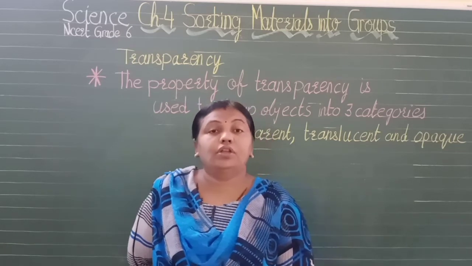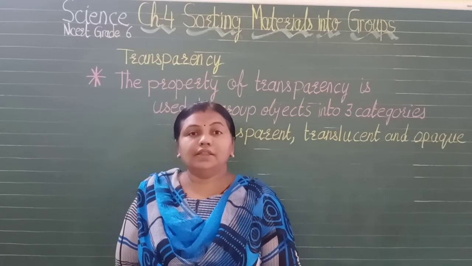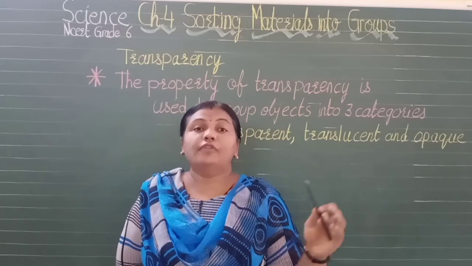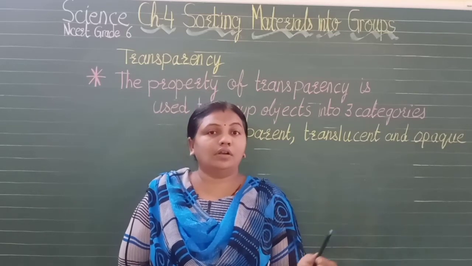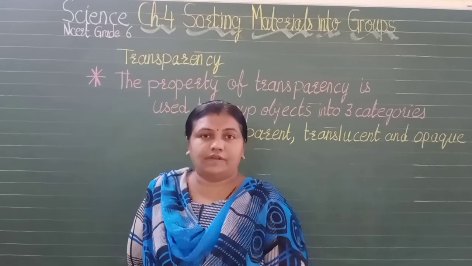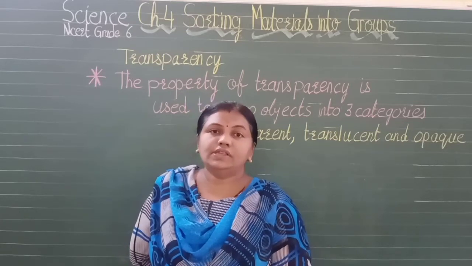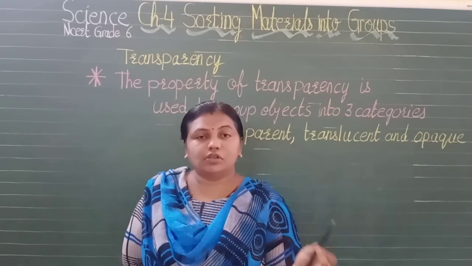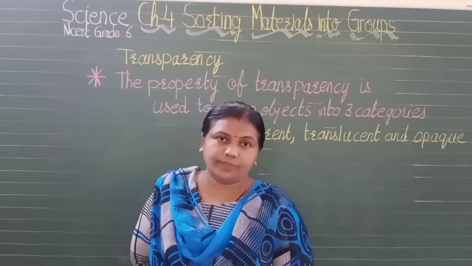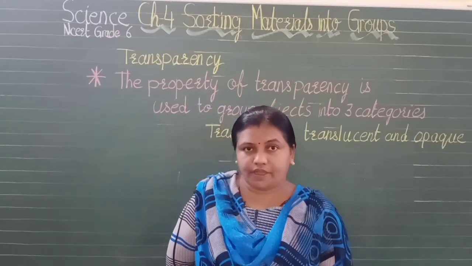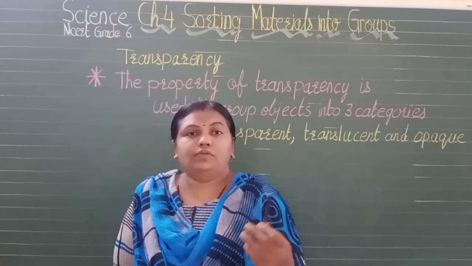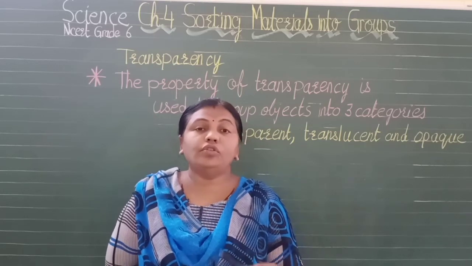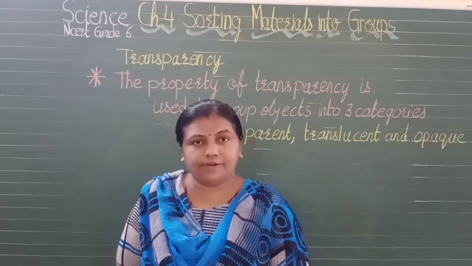Even in your kitchen, your mama keeps some things in transparent containers, so that she can easily find out whether it is containing pulses or rice or biscuits or whatever. Okay, but it is not always possible to preserve things in plastic. So things are also kept in steel containers. But steel is opaque. So you will not be able to find out what is kept inside. Either you have to label it or you have to remember what is kept inside.